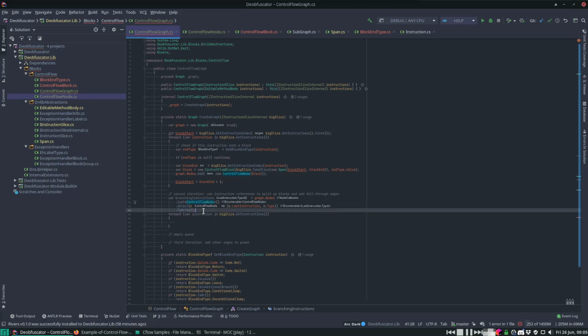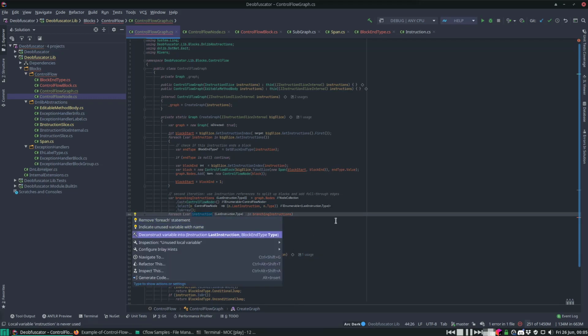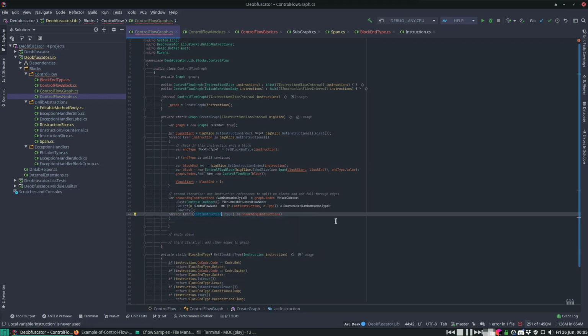cast it to control flow node and select the last instruction and the type, and then we turn that into an array. We do need to turn it into an array, because we're taking stuff from nodes. If you don't get out everything before we start the for loop, and we add something to nodes, then it will crash. So that's why we need to do ToArray. You can also do ToList, it's basically the same thing. Okay, so we have our instruction. I'm going to deconstruct this, because otherwise I'm going to be confused. Alright, so